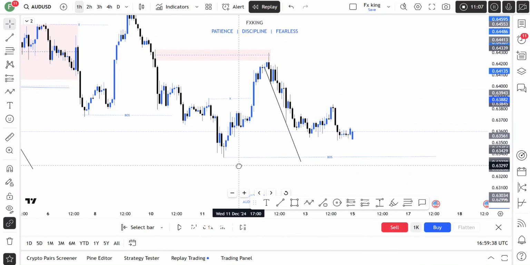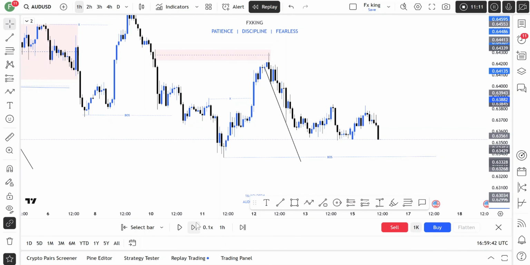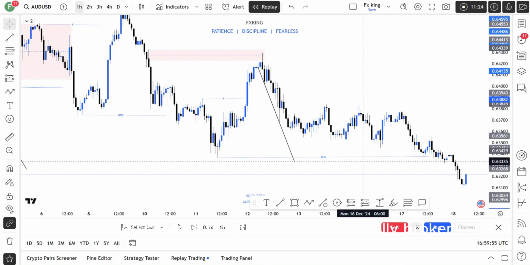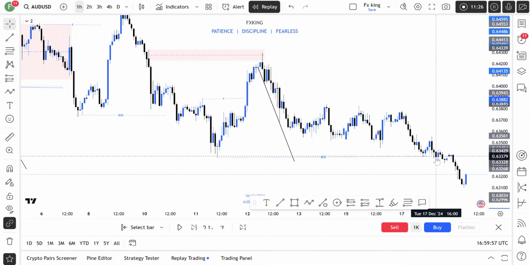The market is still playing within that range. Okay, so here you can see that the market has finally broken below this point, giving us our valid